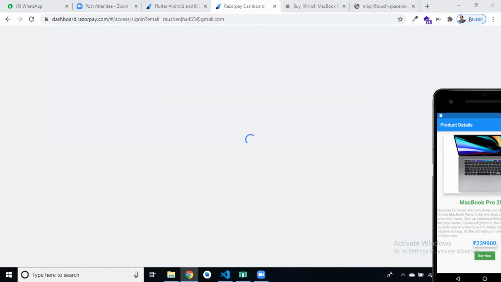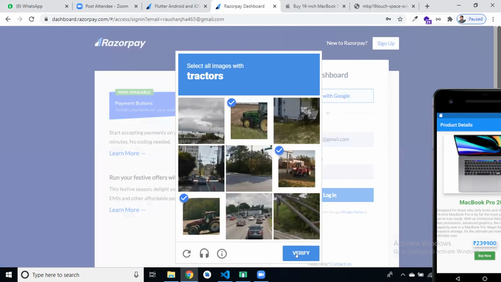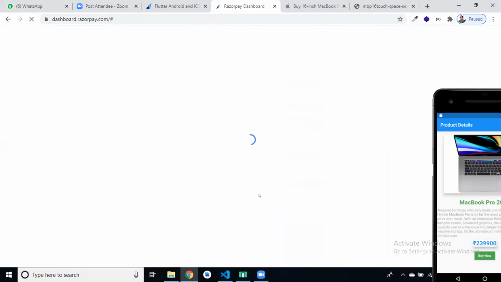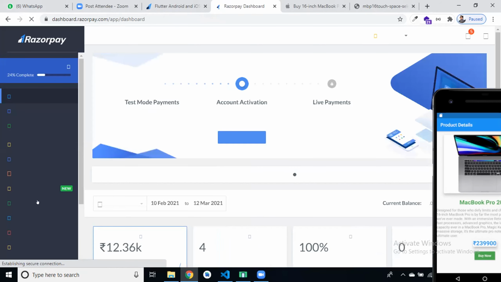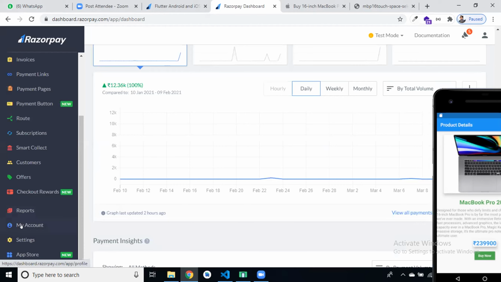So from the Razorpay dashboard, in Razorpay we have lots of options. Open my account.